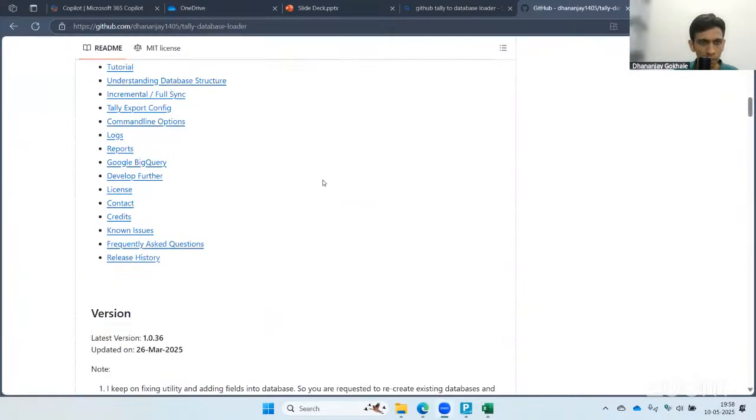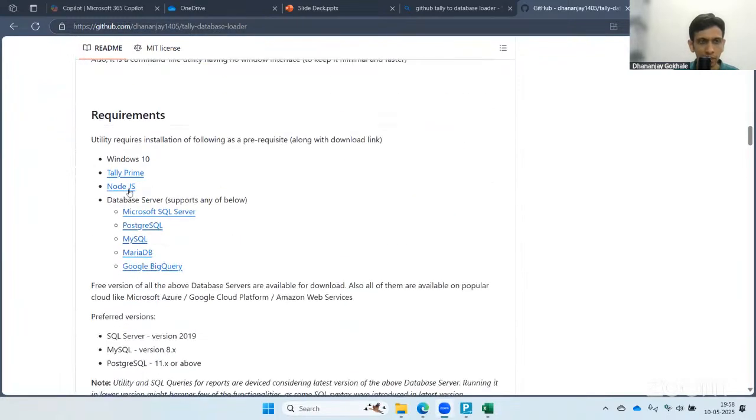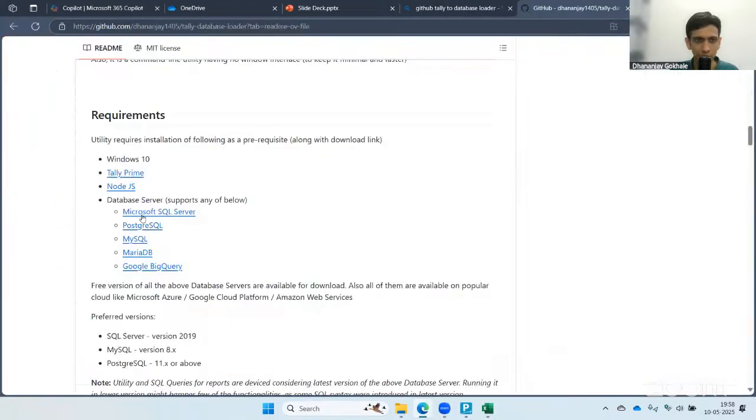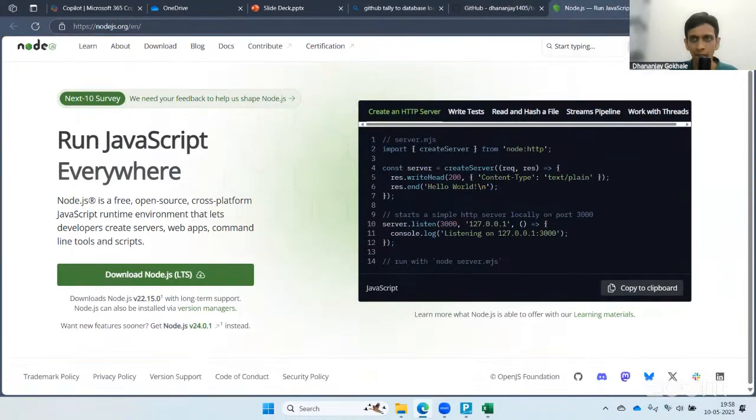There are prerequisites. You need to download the utility, and before that you need to install Node.js. Just like you install Java for our income tax web client utility, or the Java runtime, Node.js is the runtime for running this utility. It is very lightweight, like installing the .NET framework or Java runtime. This utility is powered by Node.js. You just need to download and install Node.js, the setup is only 30-40 MB, install it,